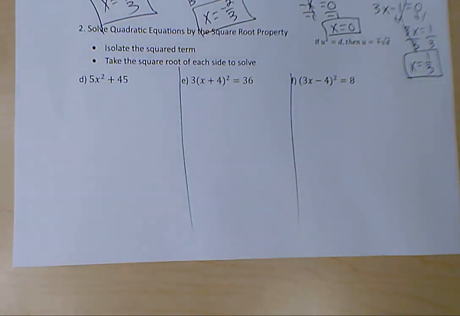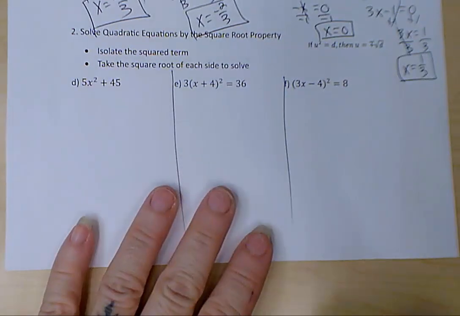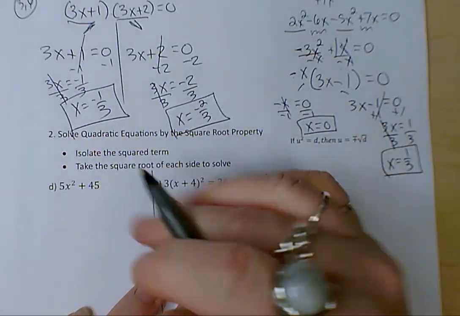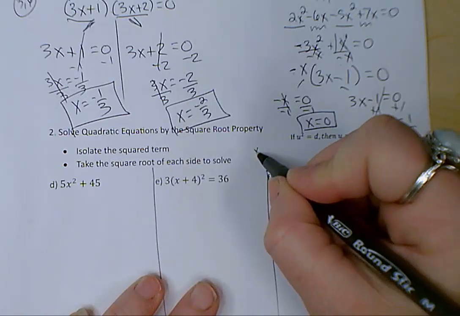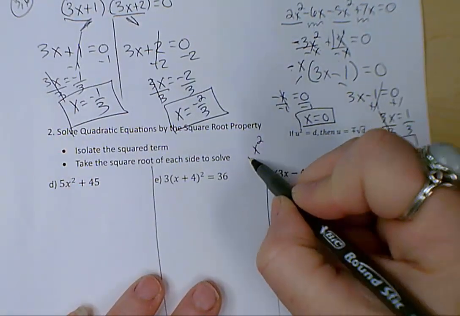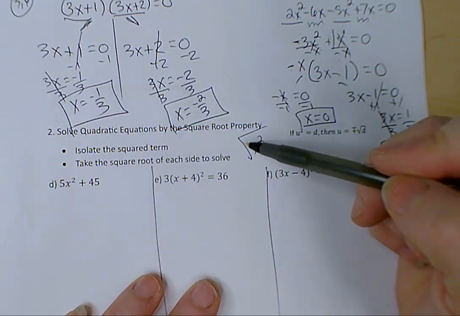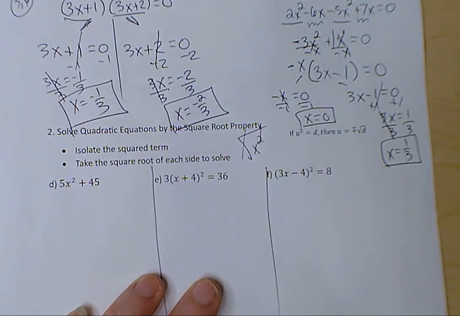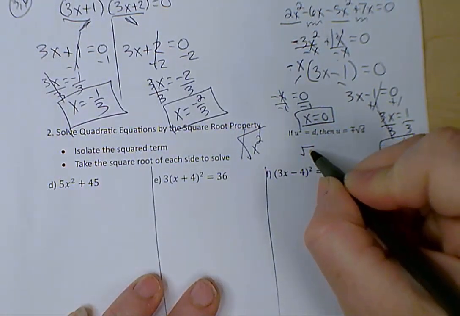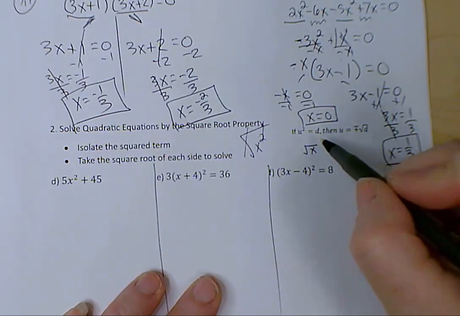A second way to solve quadratic equations is by using the square root property. So I'm going to go ahead and jump straight into this. The only really new concept thrown in with this section here is just understanding when we're solving an equation, if we want to get rid of an x squared, we would take a square root, since a square root and a square cancels. Just like if I had a square root of x,